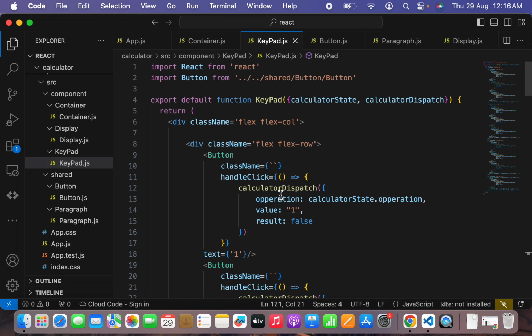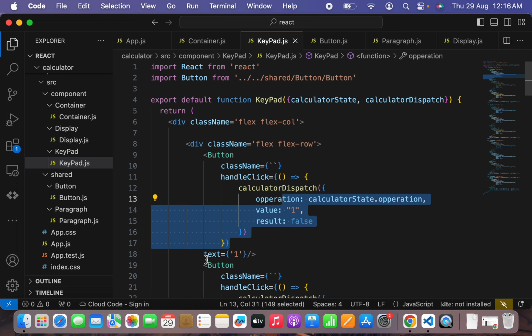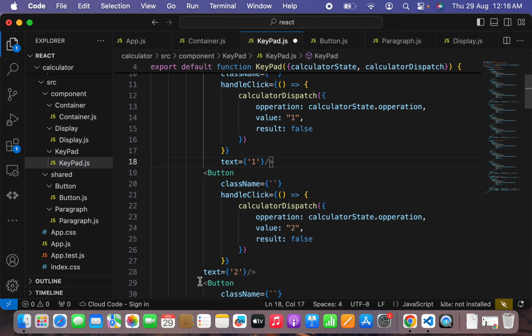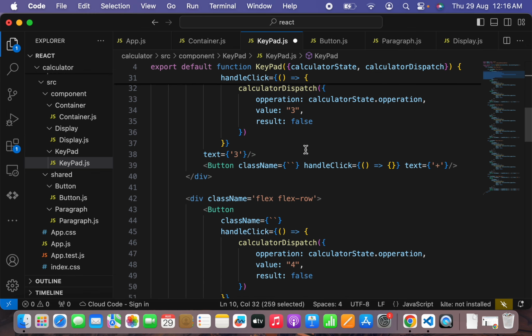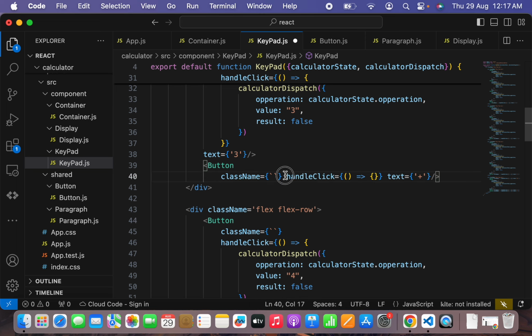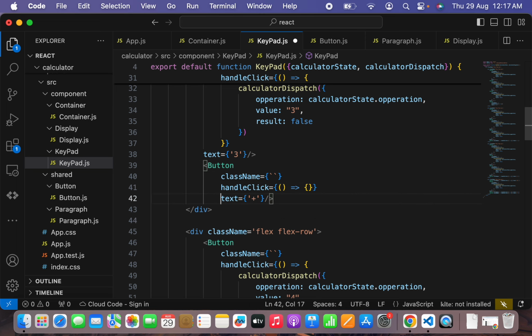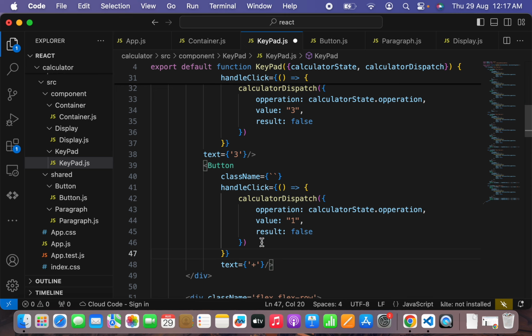So let's try to pass the first operation. Let's say our handle click is this one. Let's copy this one, come here and say class is here, handle click and text. Let's copy this and paste it here. This time what I want to do here is operation I want to pass is as